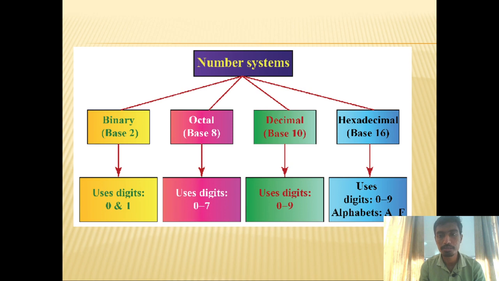And the hexadecimal number system has the base 16. There will be use of some digits and some alphabets. The hexadecimal number system has the numbers 0 to 9 and the alphabets starting from A to F. The total number of digits goes up to 15. So the base of the hexadecimal number system is 16 because the count starts from 0. So the hexadecimal numbers are 16.